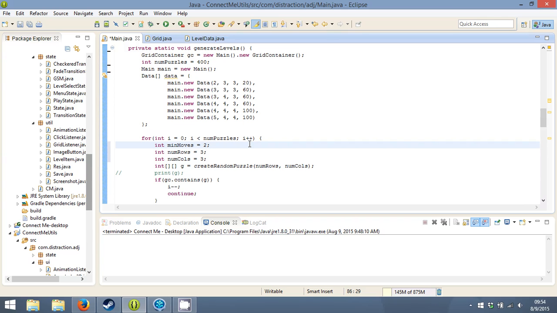How do I do this? Int min moves is equal to, I have to know which index to use, and index is equal to 0. If I is less than the